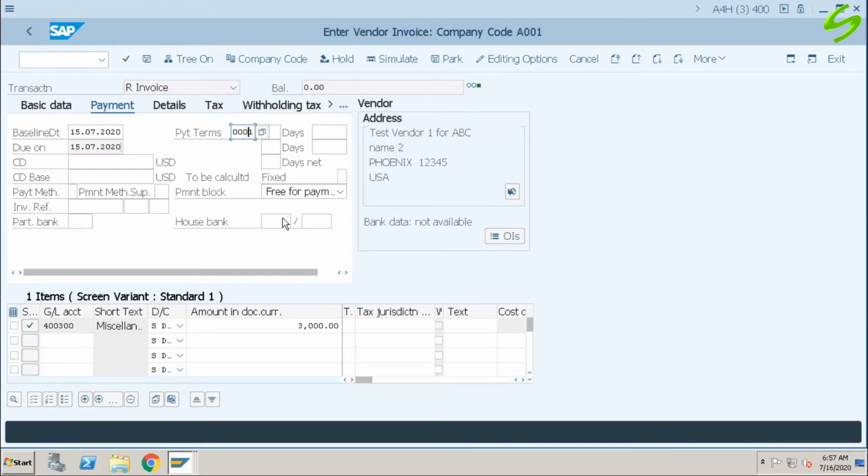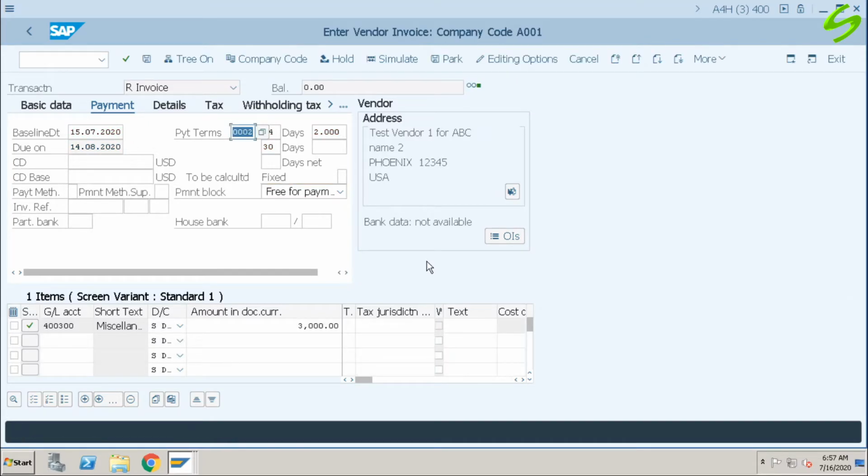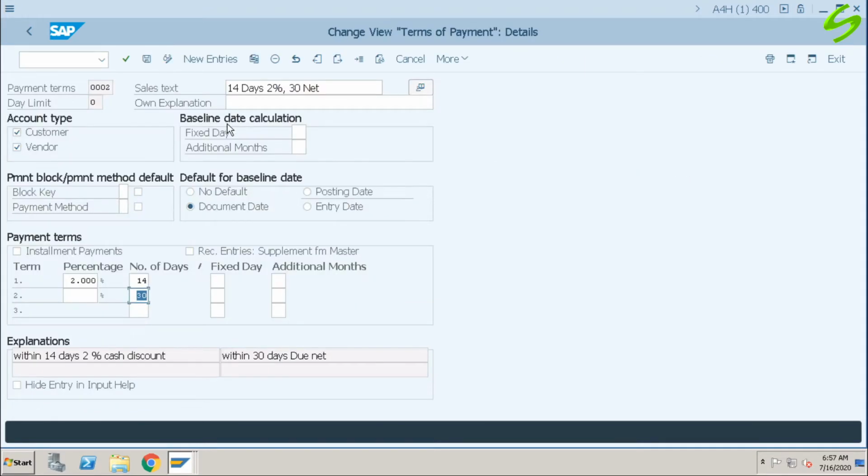and change the payment term to 2. Once we change the payment term, system displays a warning message, terms of payment changed. It's just a warning message. Can hit enter and continue. Now as per the payment term, it's due in 30 days and default for baseline date is document date.